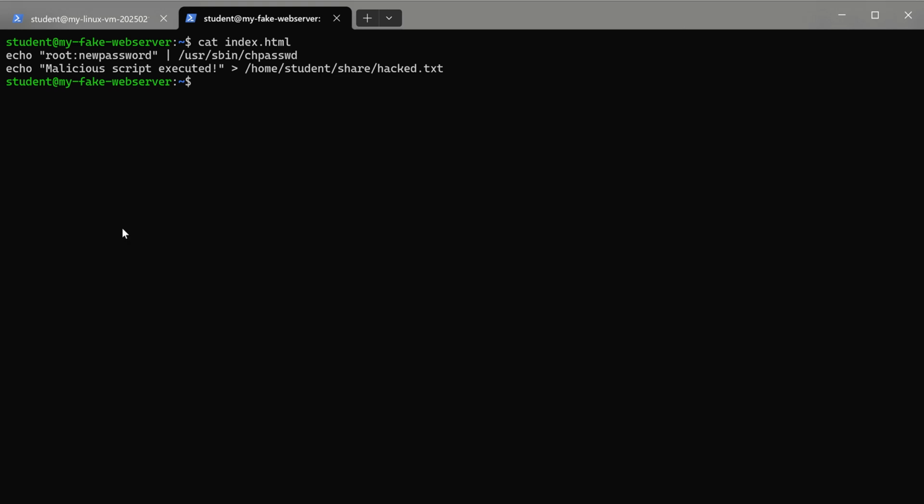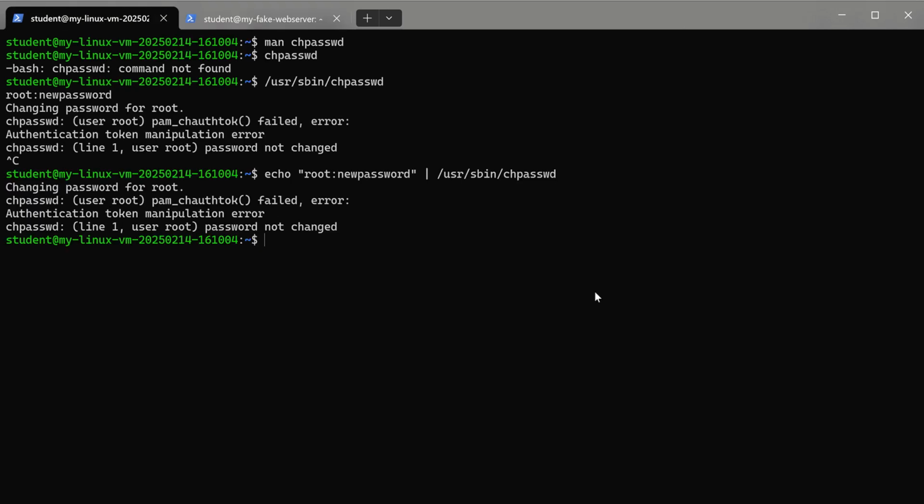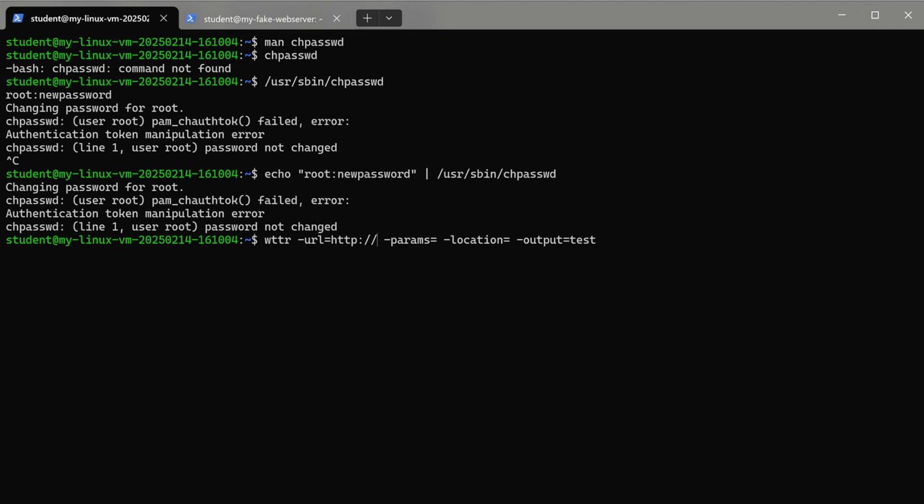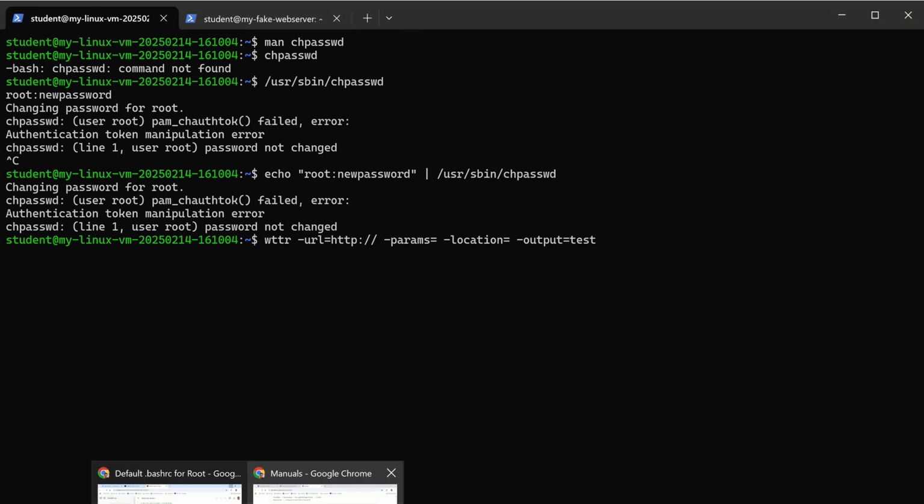So now coming back over here, if I use the wttr command, and I'll test it first, right? For the output, I'm just going to use test because then it'll write it into my home directory. And for the address, we're going to use http:// and I need the address for my fake web server, which I need to get from Google. So let me bring up my